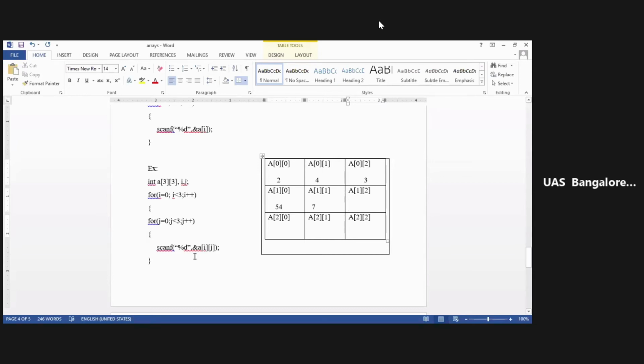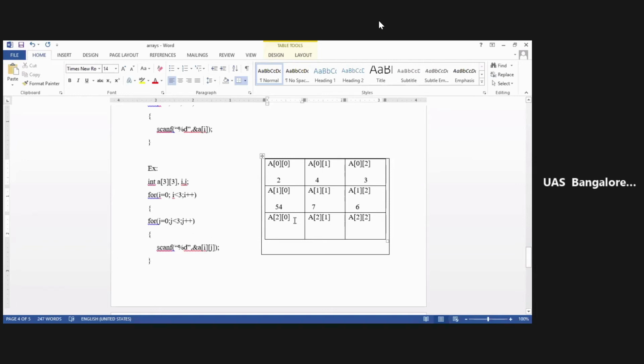Come down here and at a of 1 and 2, the next value will be placed. And next time again j will be incremented, so j will become 3. Is 3 lesser than 3? The condition fails. Again it will just go back to the loop.